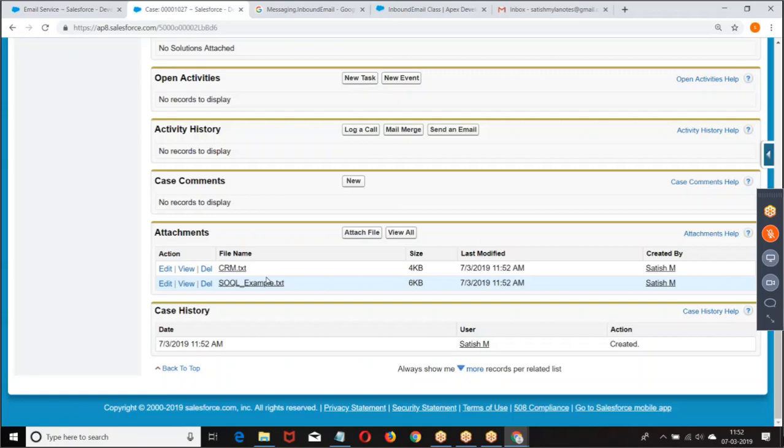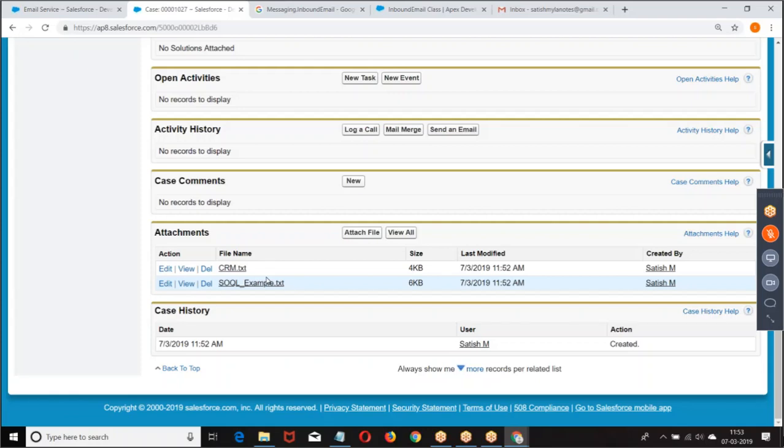So if you receive an email, what do you want to do? Now let's see. As per my requirement, I create a case. Somebody may ask you to create a lead. Somebody may ask you to create an opportunity. Somebody may ask you to create XYZ. So at the end of the game, the context is the same: whatever mail we received, take the data, perform the operation. Now my requirement was to create a case, so I created it. Your requirement may be to create a lead. Somebody's requirement may be to create a particular record in a custom object.